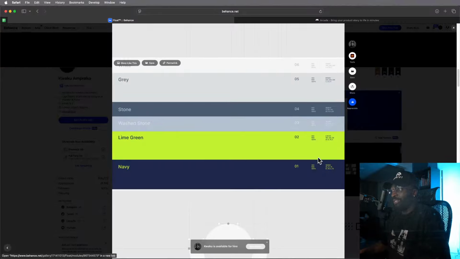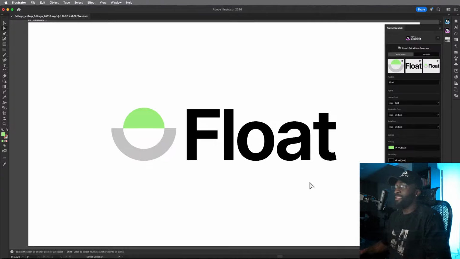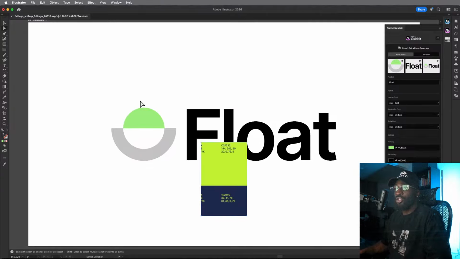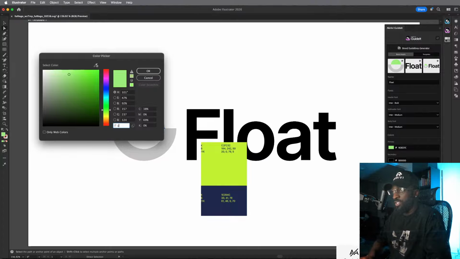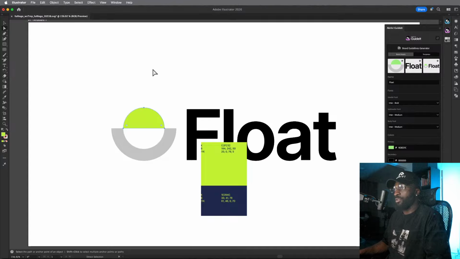Okay, let me take this. So wait, actually, let me take both. Yeah, let me take both because I've done this so many times where the colors have actually changed from the sampling process. So C2